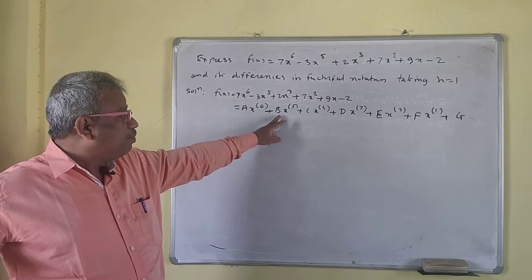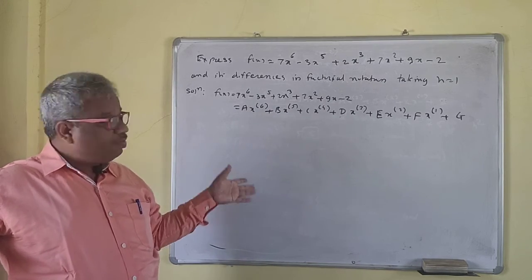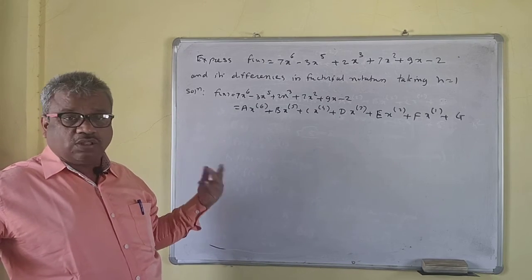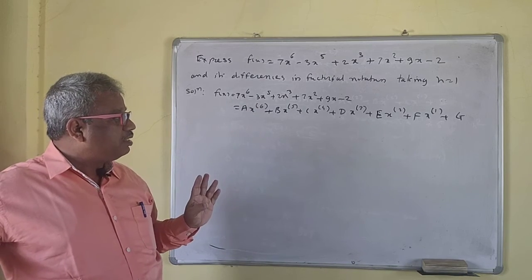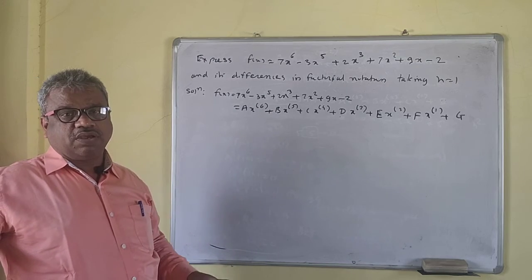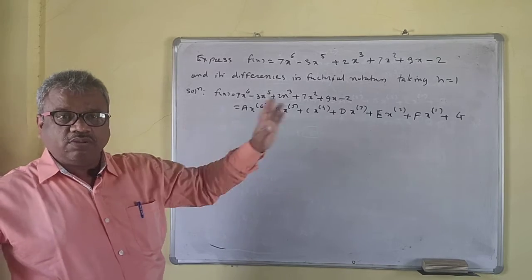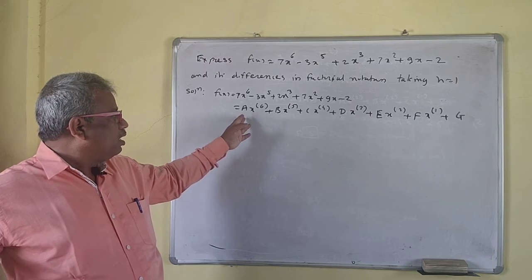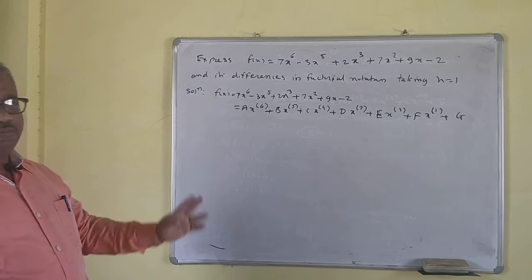But to find the values of b, c, d, e, f, these are the five values. So we actually have 7 equations, right? And these are the 7 unknowns. Easily you can find the values of a and g, but to find the values of b, c, d, e, you have to take a lot of effort. So the problem becomes very tough if you do that manually, writing x minus 1, x minus 2 in terms of that one. The problem becomes very difficult.